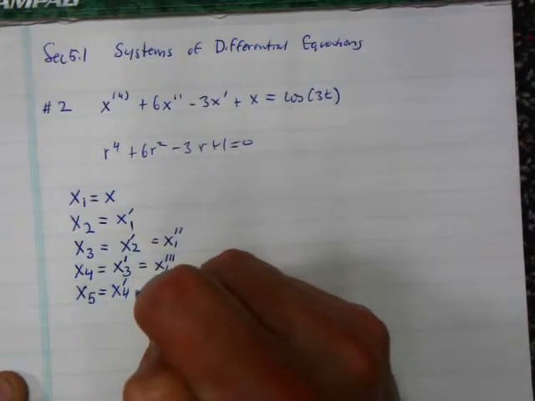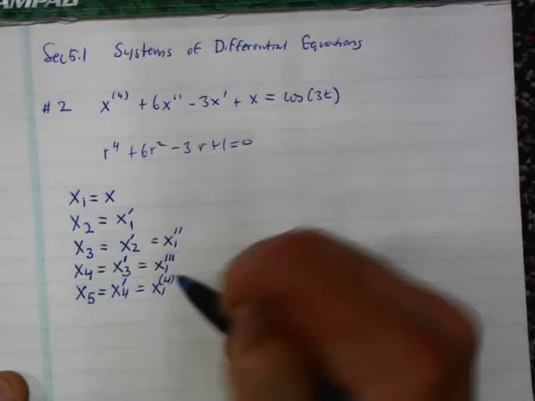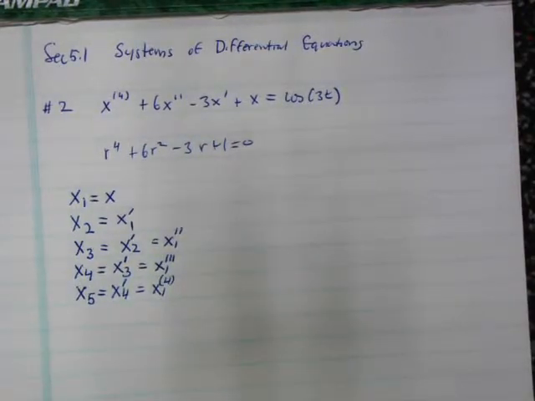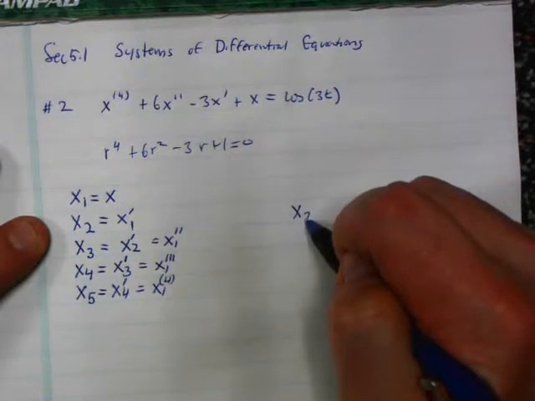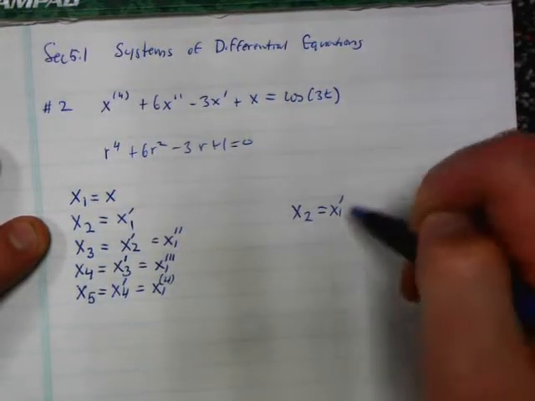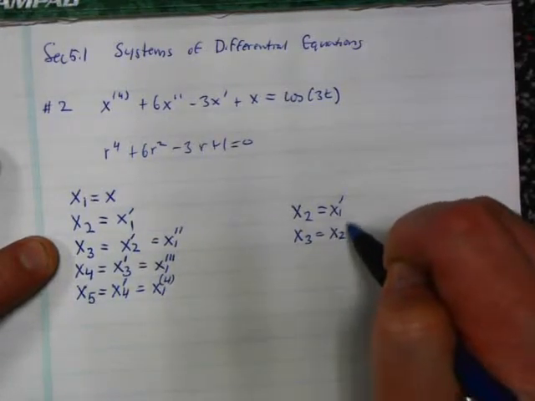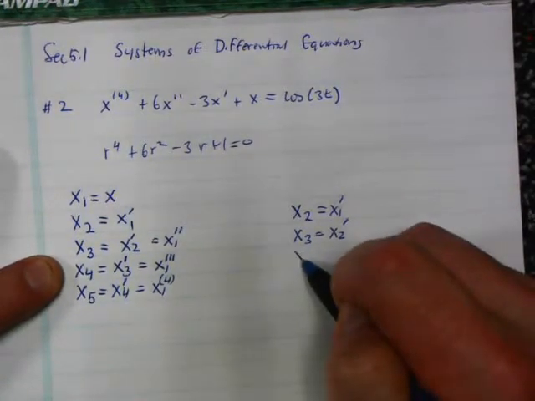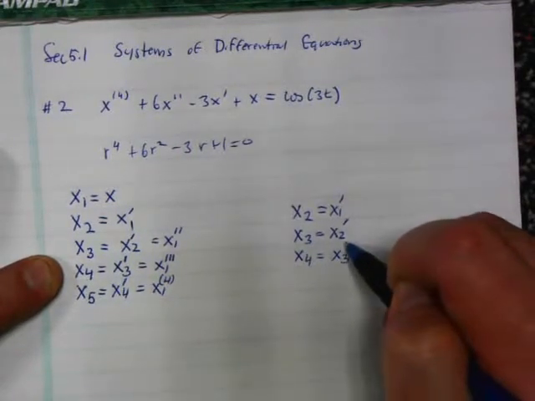x4 prime, which is x1 fourth derivative. Okay, so here's our system of equations. Our system of equations is x2 equals x1 prime, x3 equals x2 prime, x4 equals x3 prime,